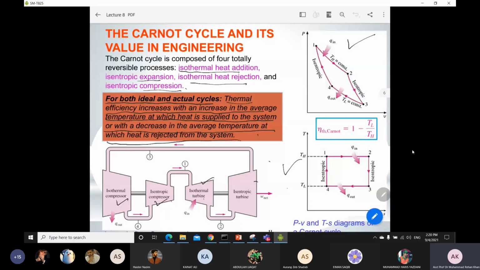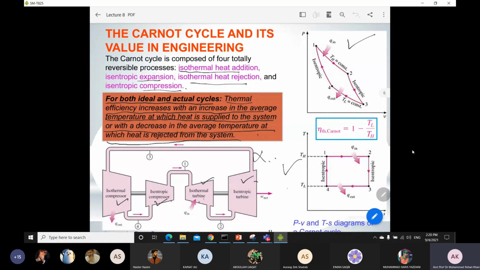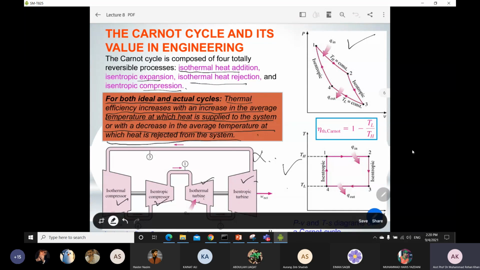One is the isothermal turbine, and the second one is the isentropic turbine, which are linked together like this so that you can make the Carnot cycle. But practically, it is not possible to make such a system. Okay, so now coming towards your